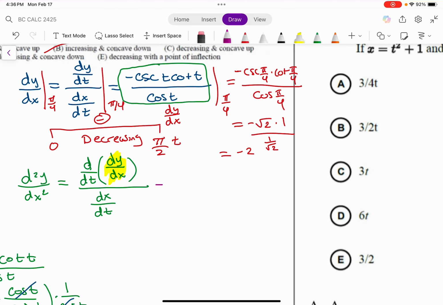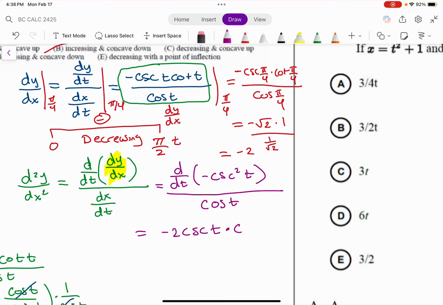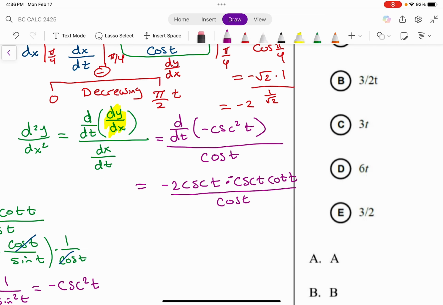Maybe a little easier to work with. So this is going to be the derivative of negative cosecant squared divided by dx/dt, which we already found is cosine of t. The derivative of the numerator by the chain rule is negative 2 cosecant of t, times the derivative of cosecant, which is negative cosecant of t cotangent of t. All that divided by cosine of t. And again, maybe we can clean up a little bit. So it's positive 2 cosecant squared t times cotangent